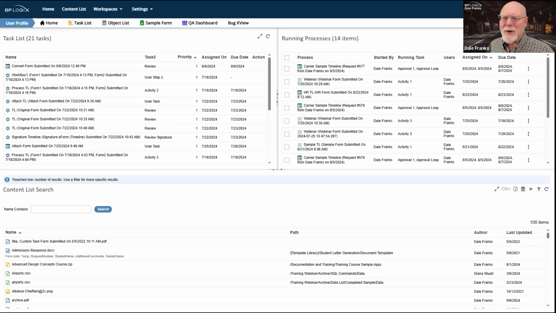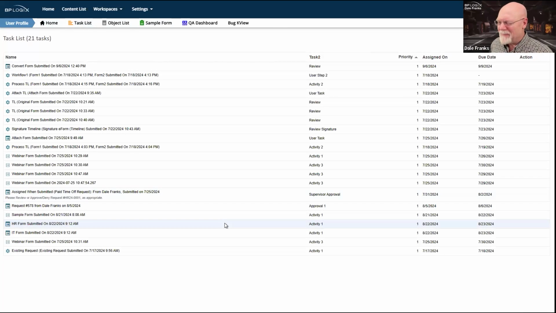Having 2 servers open is a little bit of a pain. We'll go back to this one, and we'll click on task list. And I'm fairly certain that when I do, this is what I'm going to see. I'm going to see my actual task list on the system. I can, of course, not show the verbiage here. Again, we'll talk about all that in a few minutes when we start configuring a workspace. I can simply show the icons.